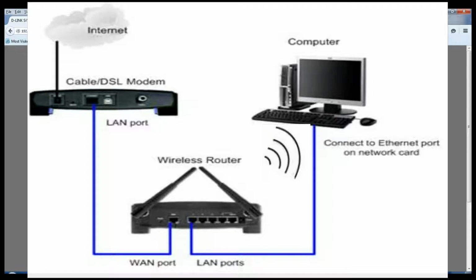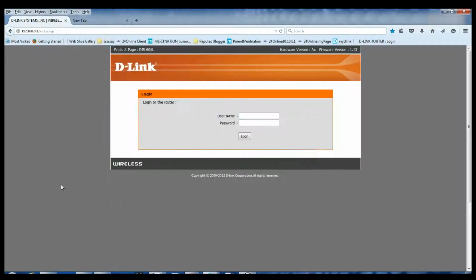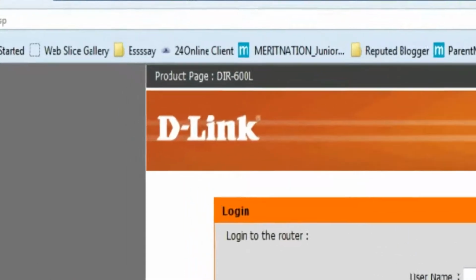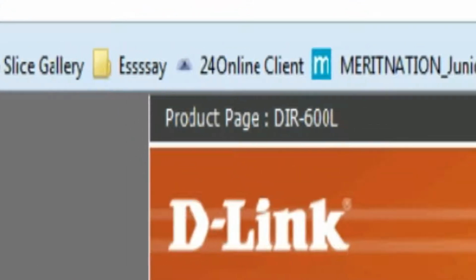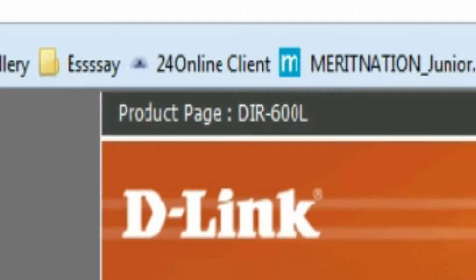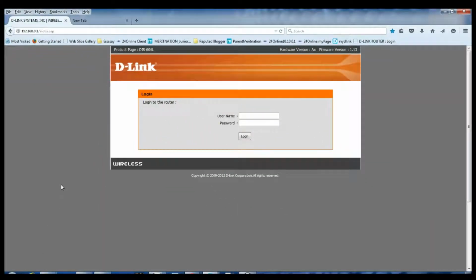Okay, so I want to recommend that whenever you are using only a desktop, then you can switch off your Wi-Fi signal, right? I'm using a D-Link router, DIR600L model. Okay, now I am showing you how to simply deactivate the Wi-Fi signal and activate it whenever needed to run your laptop and your smartphone. Okay, it is so simple.